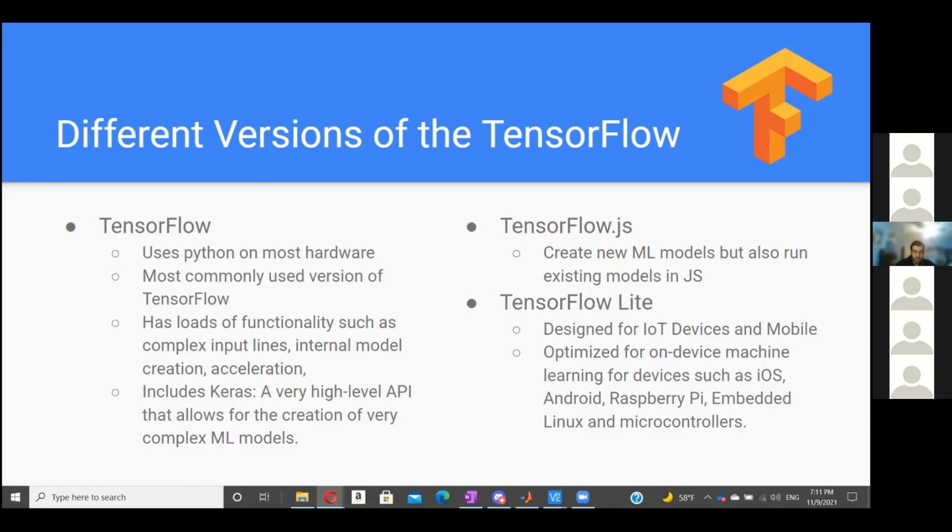Unfortunately, one of the most disappointing things I discovered when I was first starting to use this is that the machine learning creation, or the model making, on TensorFlow Lite is not very good yet. There's an experimental version, but that experimental version doesn't work very well without some tweaking. So just keep that in mind.